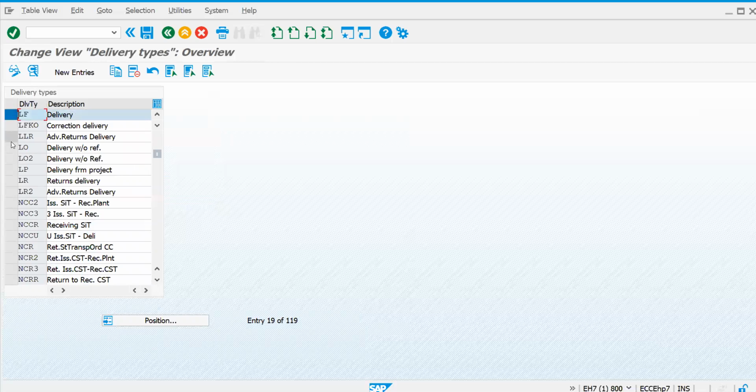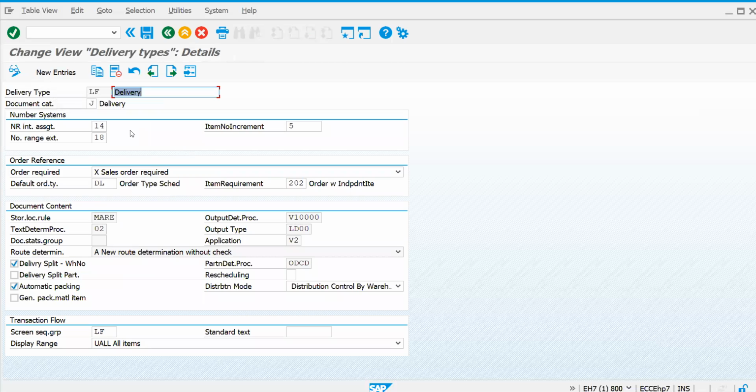Now let's check LF, LO and LR. What is the basic difference? For this DL is there, and for this DL is there. For returns you don't have it, because you don't require a default order type at the time of creating your return delivery.